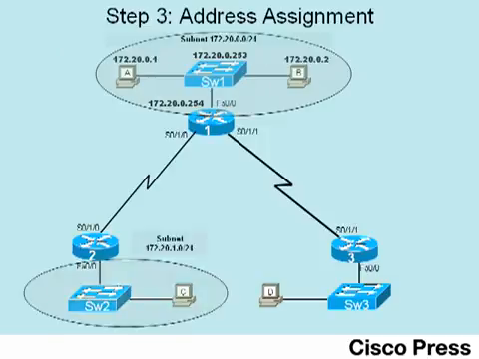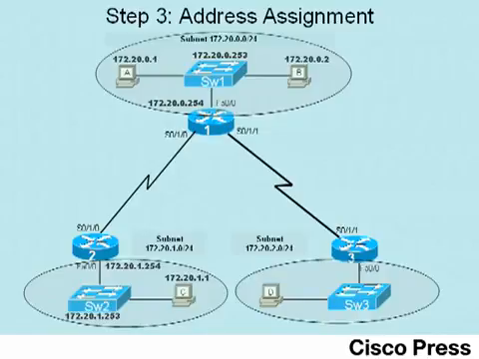Next, if you go down to the bottom left subnet, that's where we put the subnet 172.20.1.0. We've assigned router 2 the IP address of 1.254 and switch 2 the address of 1.253, the 2 largest IP addresses in that subnet. Host C gets the smallest IP address in the subnet of 172.20.1.1. Moving over to the right now, we've got the subnet on the far right, which is subnet 172.20.2.0. So we assign router 3 the IP address of 2.254, which is the largest IP address in that subnet, followed by 2.253 as switch 3's IP address. As usual, host D gets the smallest IP address in the subnet of